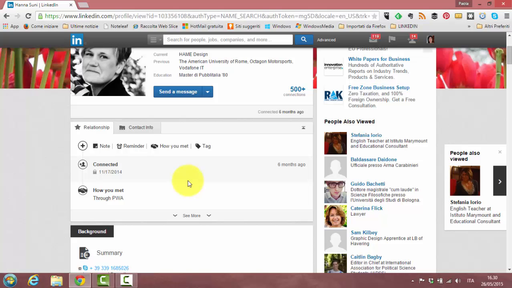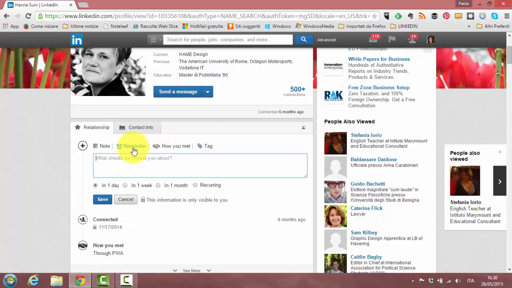So my fourth tip, you can set reminders to follow up with the person. And this is a very useful tool, probably the most useful and yet underused tool on LinkedIn, and it allows you to set a one-time or a recurring reminder for a connection. So for example, you can see here 1 day, 1 week, a month. Let's see a recurring connection. I can say meeting, let's make it recurring, and I can say every week, for example, and I can save